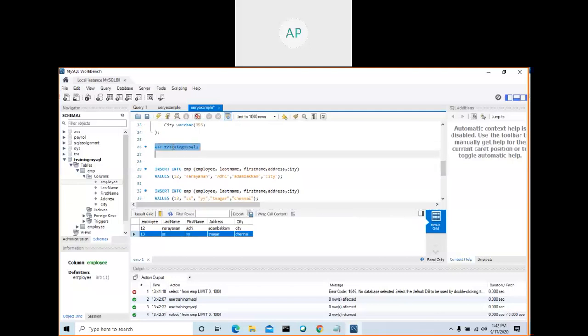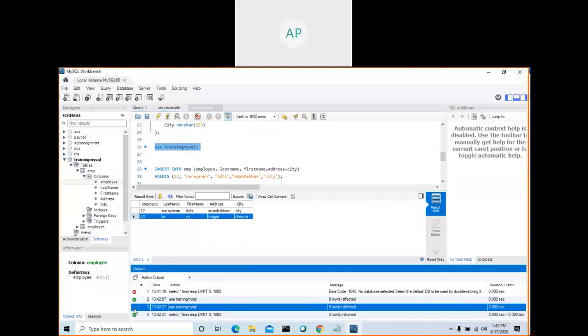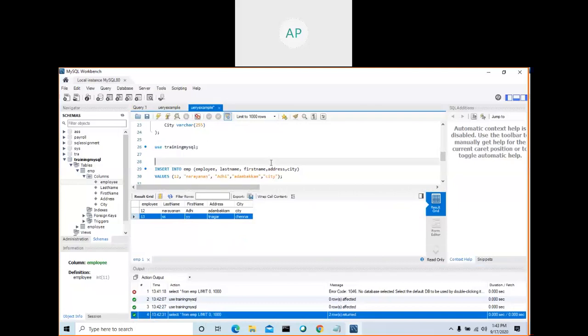So if you want to drag it down, drag it down. So where is my use command? So use, this one is very important. You need to inform MySQL every time you open the Workbench tool. So when you see here, use database, you should get something like this. Then after that, you get it. Very important.